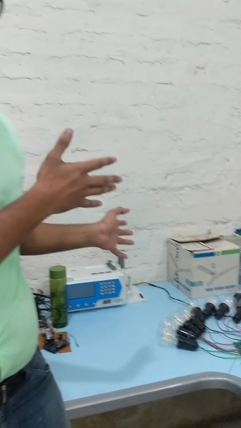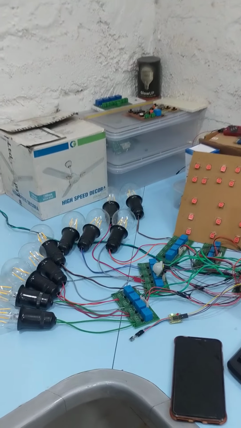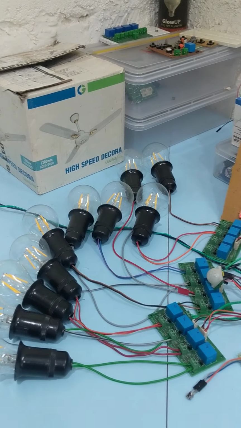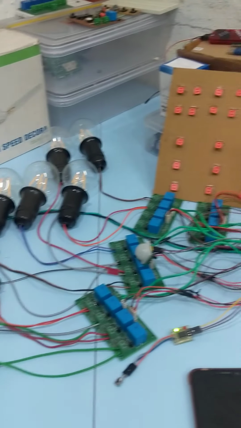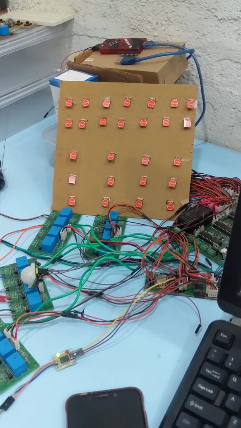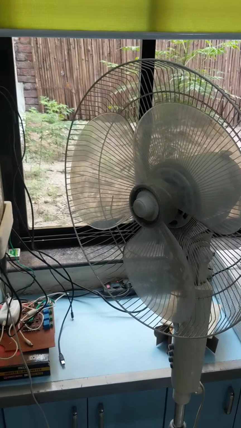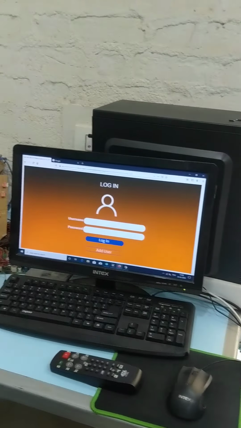So basically, this is a home automation device which can control around 14 appliances. Here for the example, we have put on some bulbs for the demo purpose. And apart from that, there are 4 dimmable devices. For now, we have used them for operating fans, which are right over here, and the speed of the fans can also be controlled with the device itself.